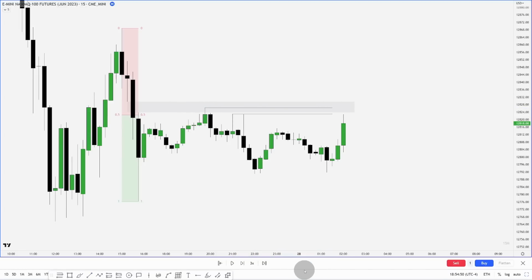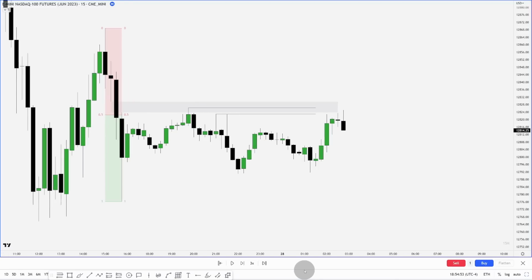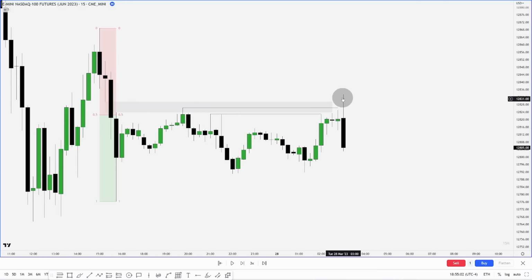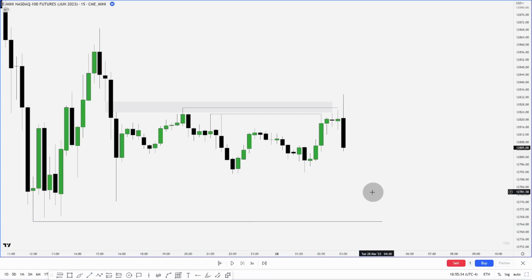As we play it ahead, you can see price went up, took out this high, closing back into the range. I would want to see sell side liquidity taken now. So looking at this range, what do we see? Well, I see all these stacked lows down here. But most importantly, this low resistance liquidity resting right in here. So I'd want to see price reach through this low and possibly go for this low down here.